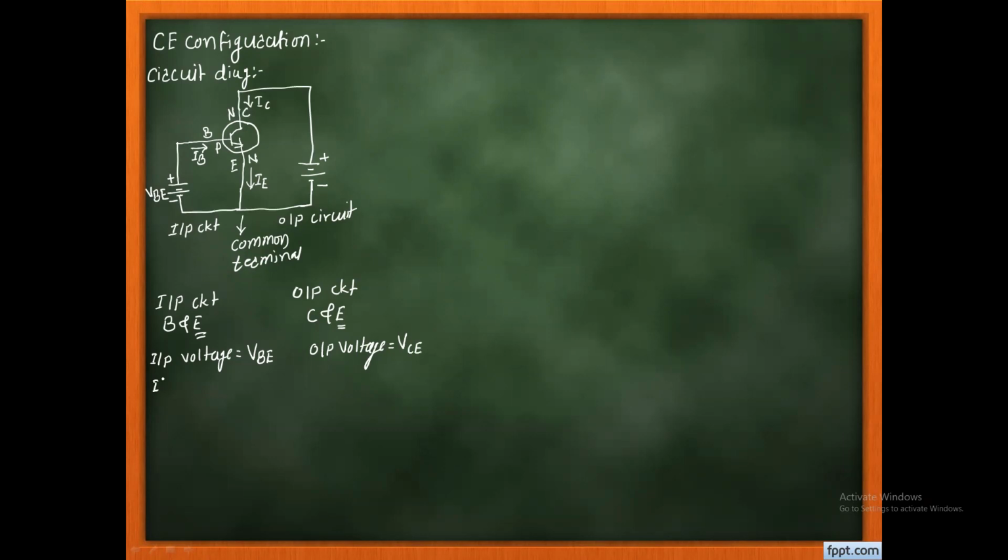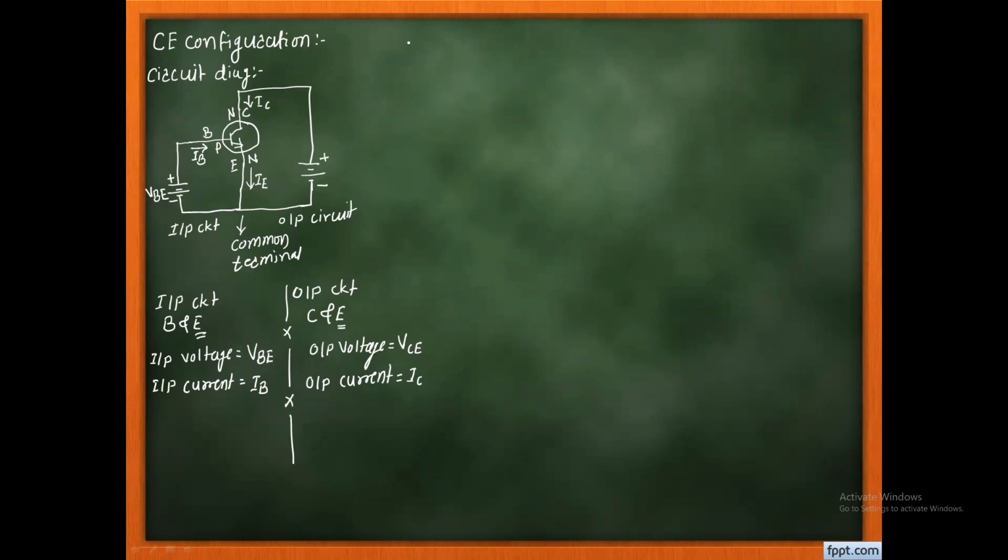The current which flows in the input circuit we call the input current. Now if you see the diagram, the IB current acts as the input circuit current, because the emitter is common between input and output. Similarly, the current which flows in the output circuit we call the output circuit current, and in this case, the IC current acts as the output circuit current. Get it, my point? And then we can try to draw the input characteristic and the output characteristic.